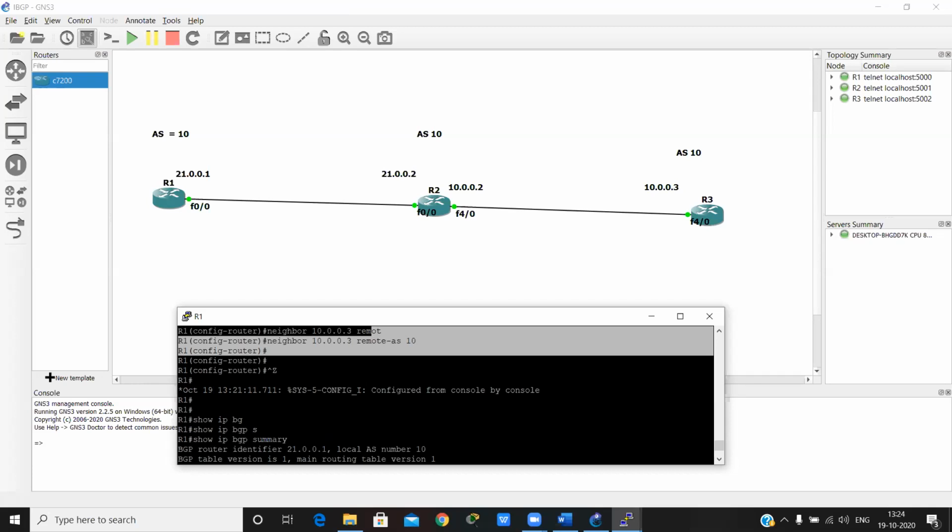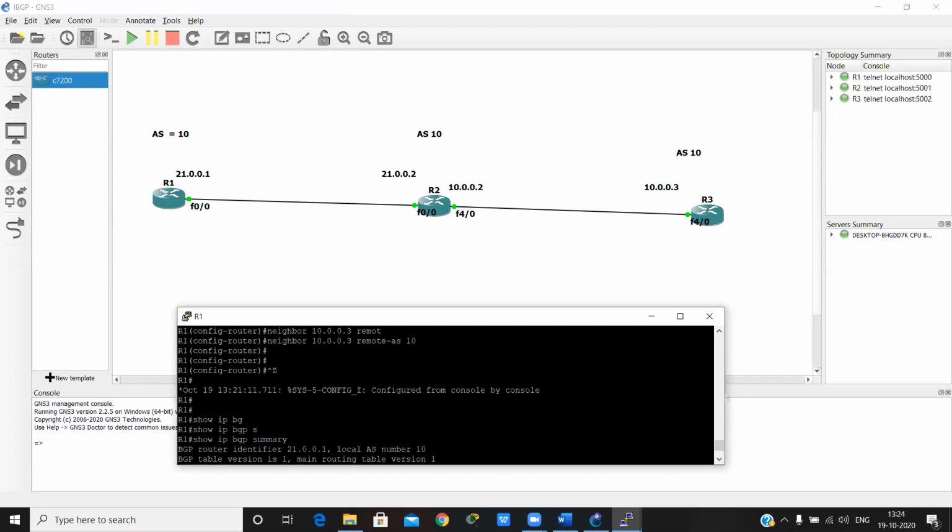Firstly, in BGP if we are communicating indirectly, which means source and destination are both in different networks, we have to run one more routing, either static routing or dynamic routing.